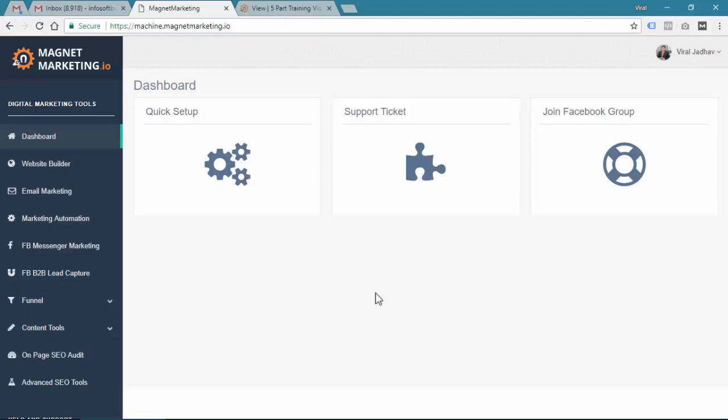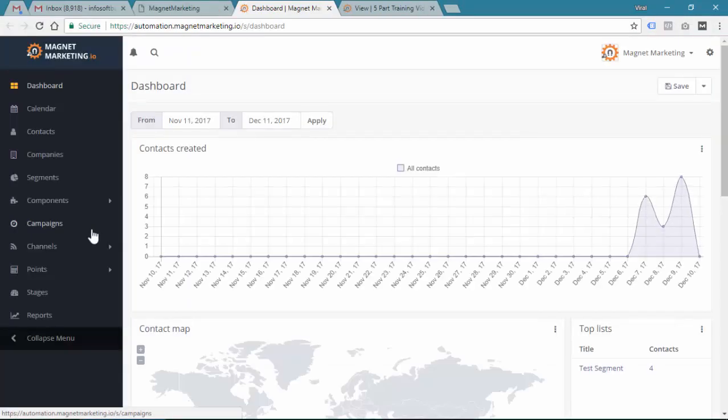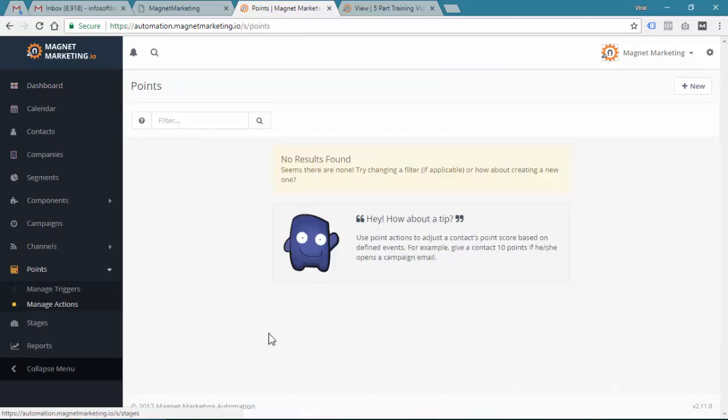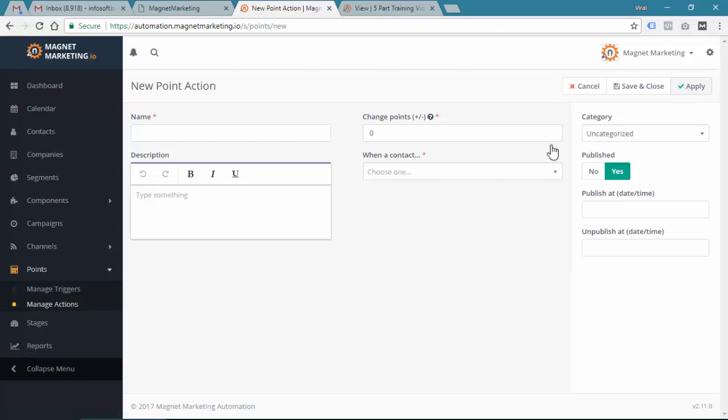So let us log into our digital marketing machine and then go to marketing automation. To define points or lead score, you need to go to points from the left panel, and here you will see manage actions. So click on manage actions to define lead score or points, then hit plus new, and then you need to add the name. Now let us say